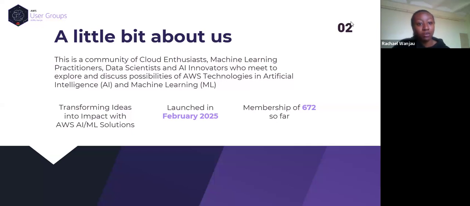The vision of AWS AIML Kenya is to transform ideas into impact, and the way we are transforming ideas into impact is through using AI and ML solutions. That is our vision and our mission. The group was launched last year in February 2025.